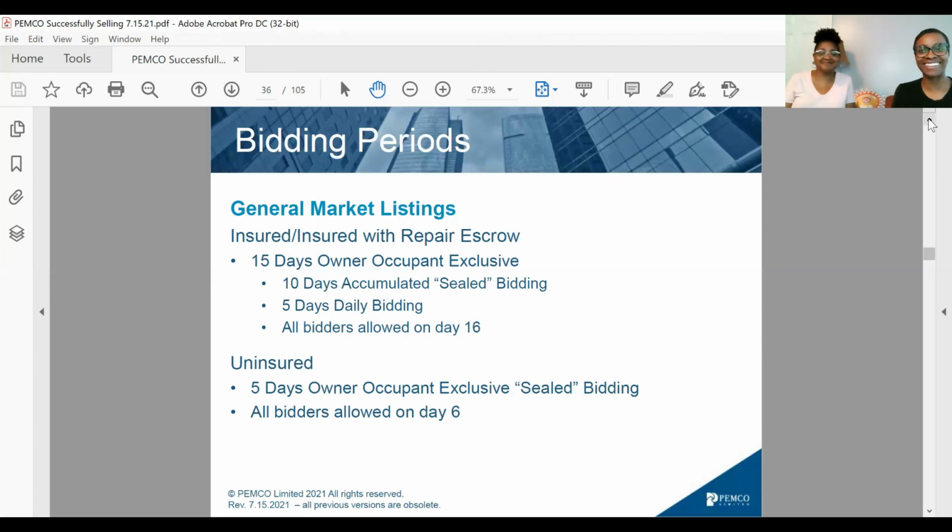HUDHomestore.com. That is the official site to search for HUD homes. Don't even pay any other site any attention when they say they have HUD home exclusives and things like that, and they're charging money. No,